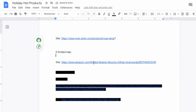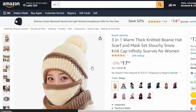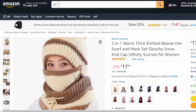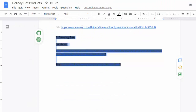the knitted hat. Okay, so we are moving into the Harmattan season, a lot of dust. Okay, so something that will help people to cover their nostrils, but still it's fashionable. All right, it's something that especially women would love. Something like this looks cool. So if you can get a product like this for women, trust me, you're going to make a lot of sales selling it. Okay, so let's move on, and this should be the last product for